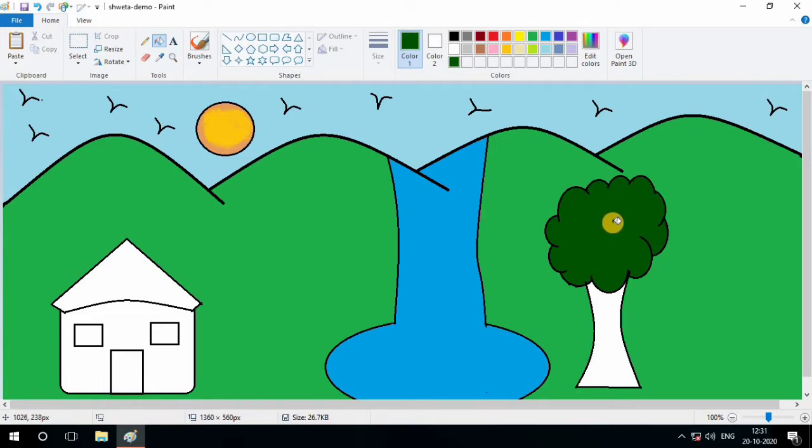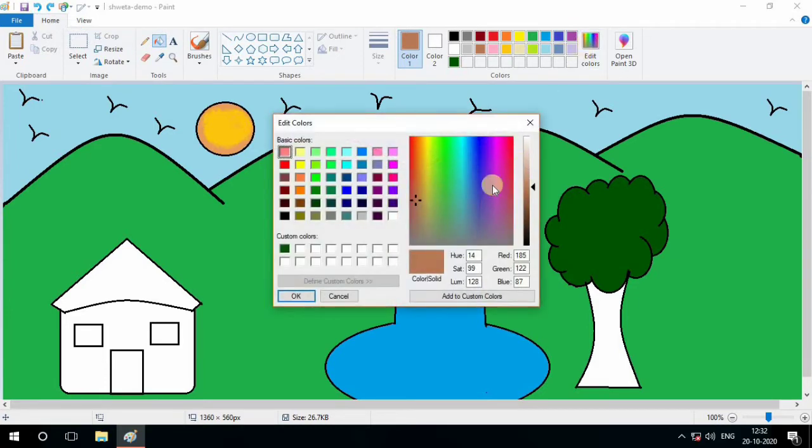Yes, right? Now I want to fill the color here with brown, dark brown. So brown is here. Now color it. Is its shade correct or not? I think it's not good. So the undo arrow. What is the use of the undo arrow? Cancel the last action. So cancel it.